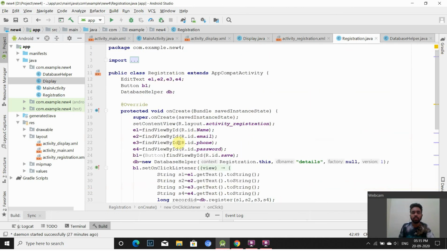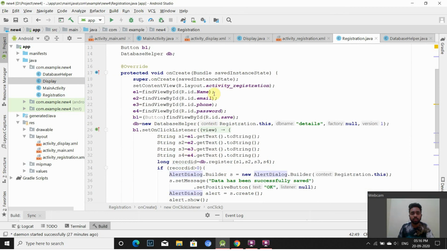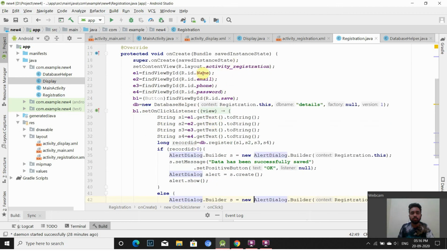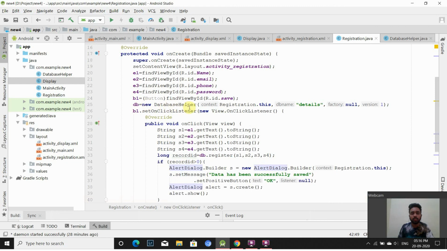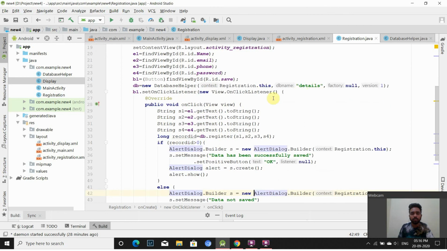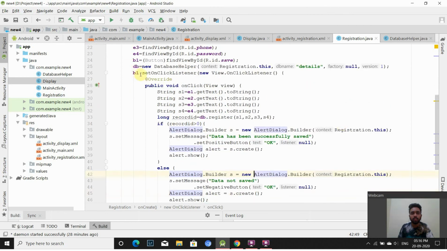Now this is our registration activity. In this registration activity we have 4 fields: name, email, phone, password, and then we have a button called b1 to save it. As the user puts his name, email, phone and password, and when he or she clicks save, what we are doing is first accessing the database by using database helper with this particular table name, database name, and then we are setting an on click listener on b1.